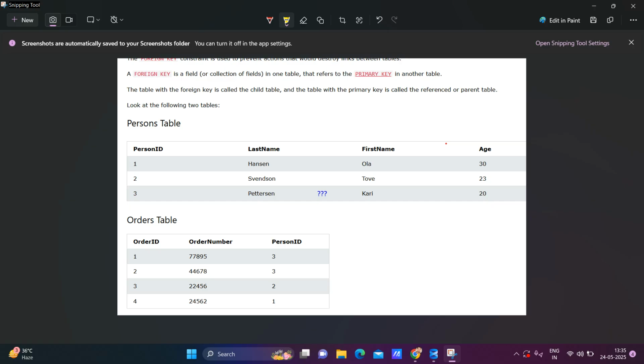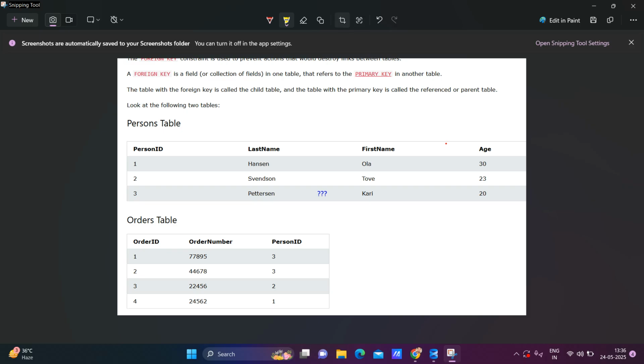This simply explains that this particular person has this order number 24562, correct? So in both tables, persons and orders, there is a relation between the two tables, primary key and foreign key,